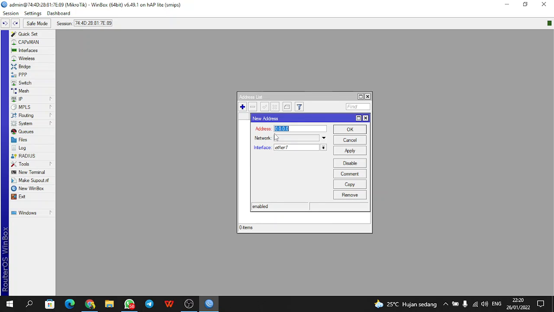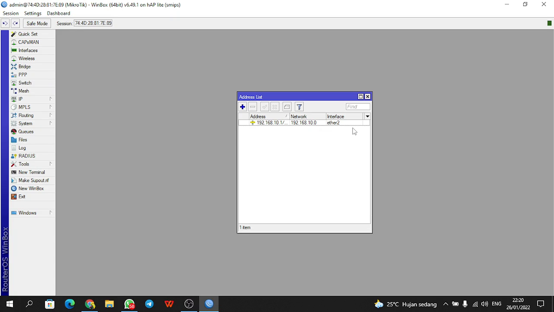The address in this example is 192.168.10.1/24, on the Ether2 interface connected to this MikroTik. We can apply. Okay, the IP that we created earlier will function as the client's gateway.